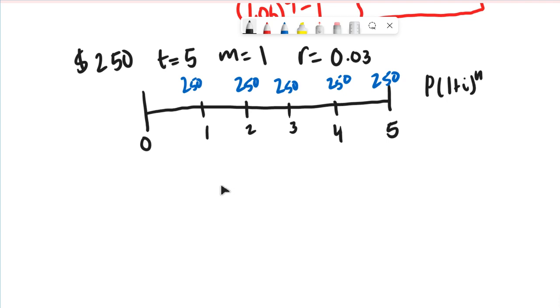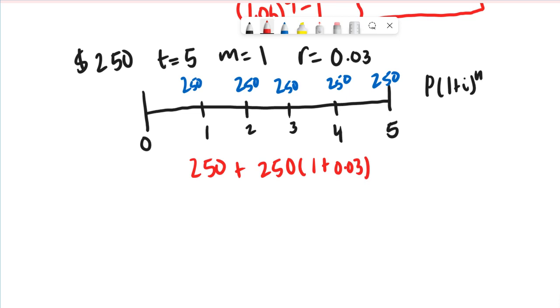So on the first year, you have $250, plus, for the second year, the 250 originally started, but with the compound interest taken into account, which is 0.03